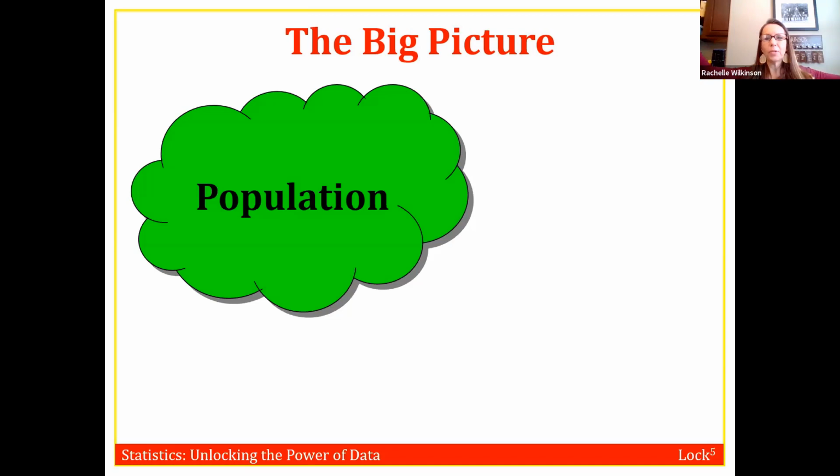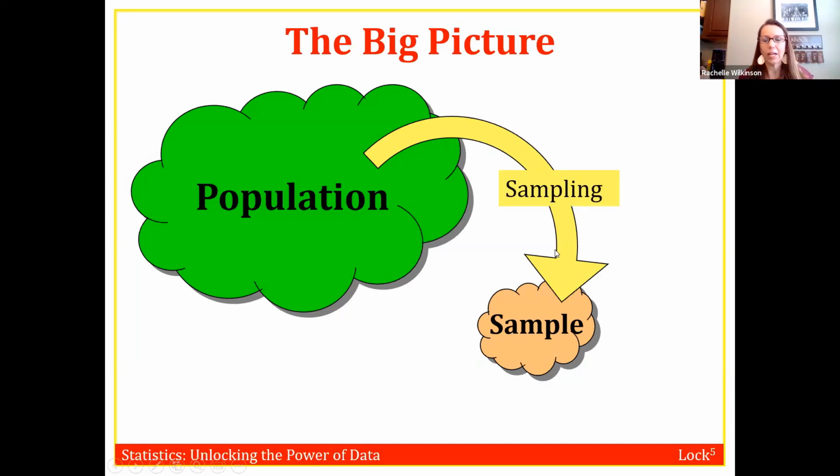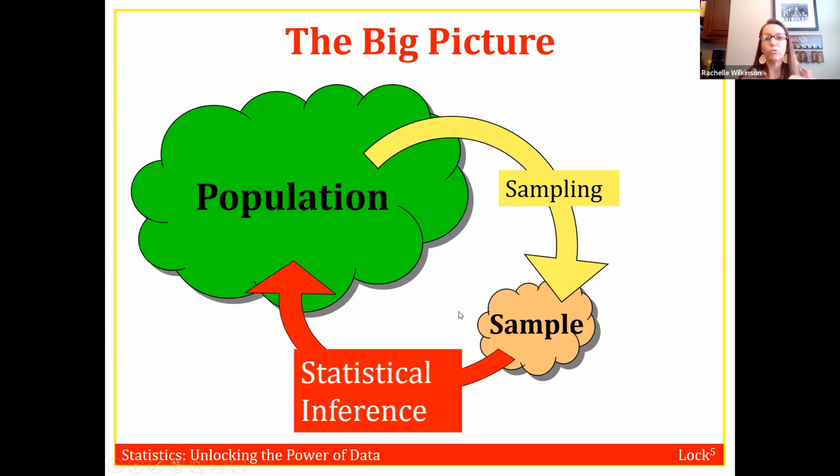We have a population. Populations are big, okay? It's the entire group of interest, everybody we want to draw conclusions about. Now, because populations are usually so big, we're not going to be able to collect the data from everybody in the population. So instead, we're going to take a sample from the population using some kind of sampling method, hopefully a random sampling method. So we take this sample from the population, and then we're going to try to use that sample to draw